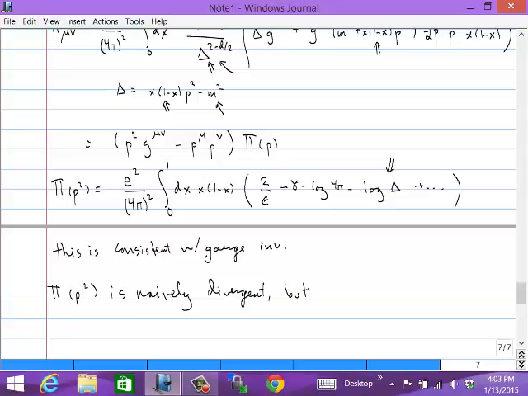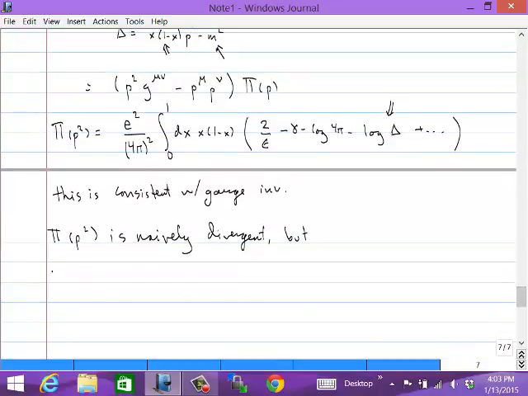But when we impose our physical renormalization conditions, that is to say, when we write everything in terms of the physical renormalized electric charge, in terms of the bare electric charge, you're going to get a finite quantity. And of course, that is just equivalent to subtracting off the value of pi at p squared equals 0, which gives you the answer, e squared over 4 pi times the integral from 0 to 1 dx, x times